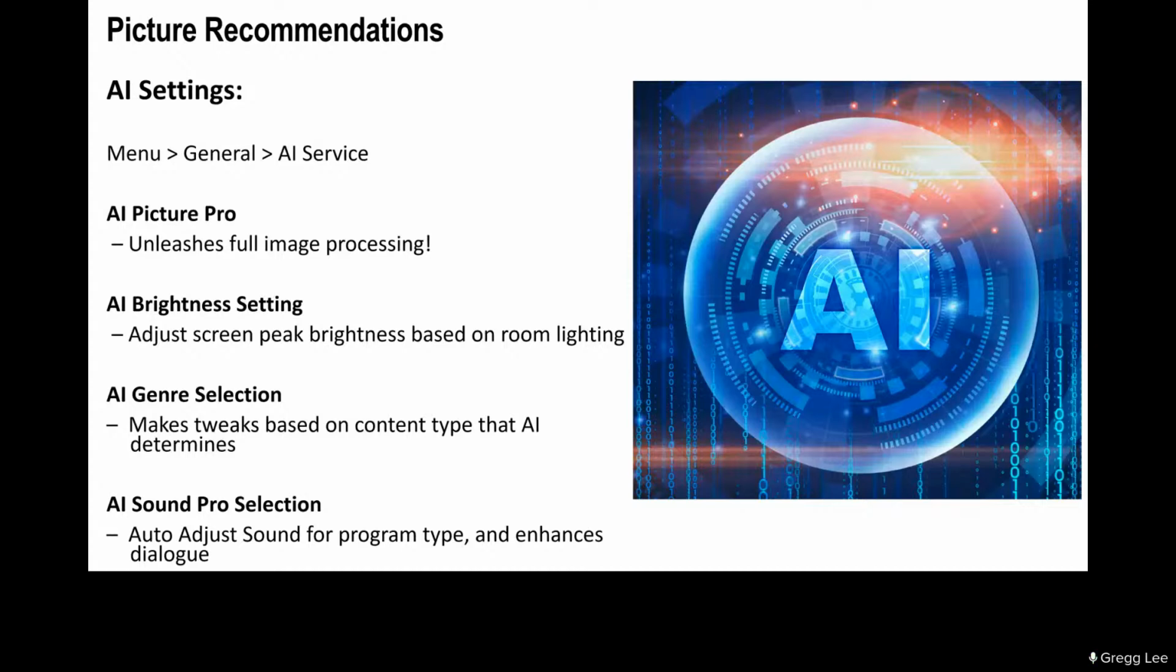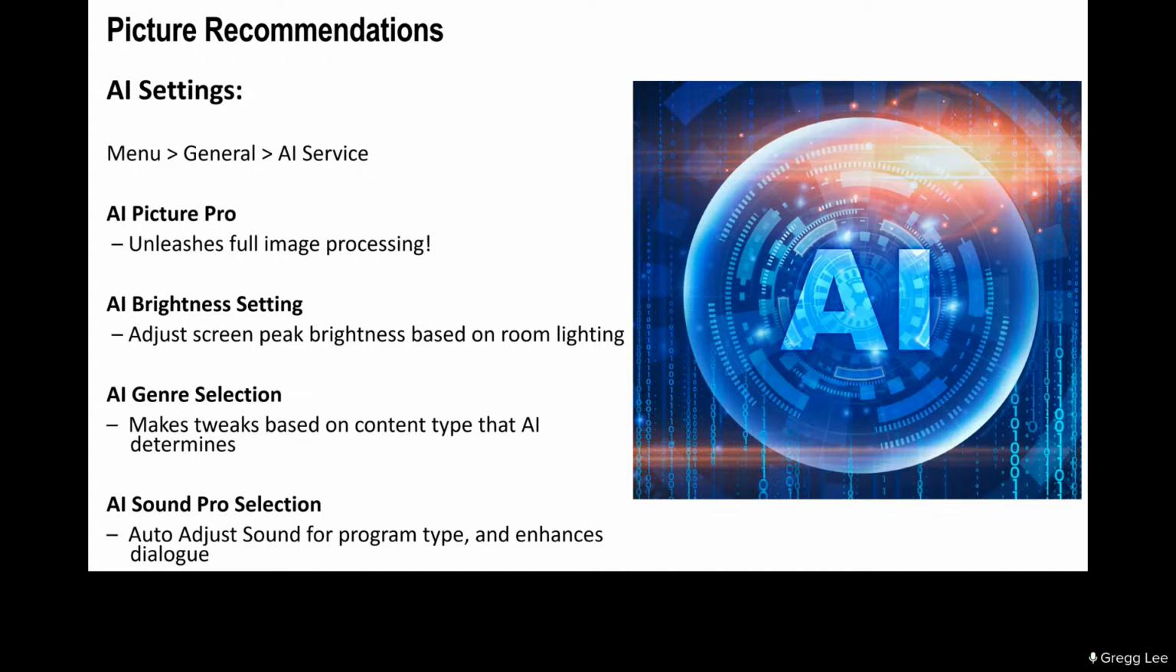And if you wanted to unleash the full image processing in the set, it's not in the picture mode. You have to go to Menu, General, then AI Service. There's AI Picture Pro, AI Brightness, and AI Genre Selection. AI Brightness adjusts the brightness of the screen to the environment. So if you're in a room where they're turning off the lights and opening the windows,